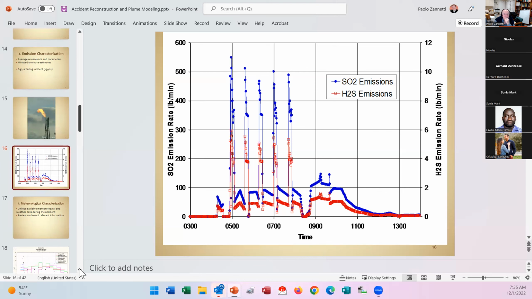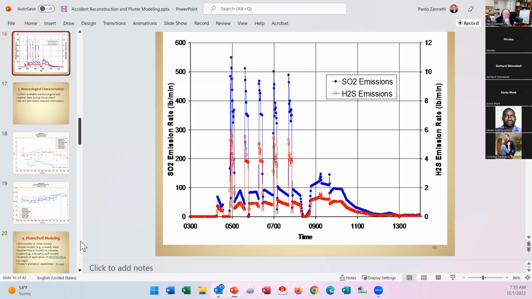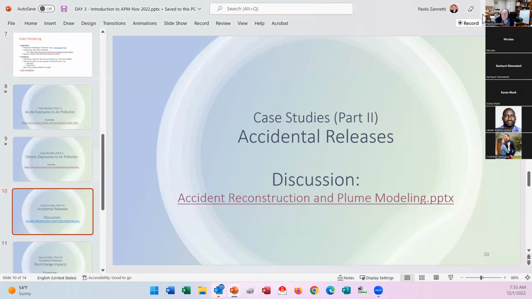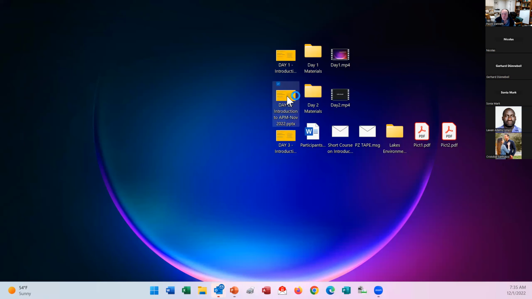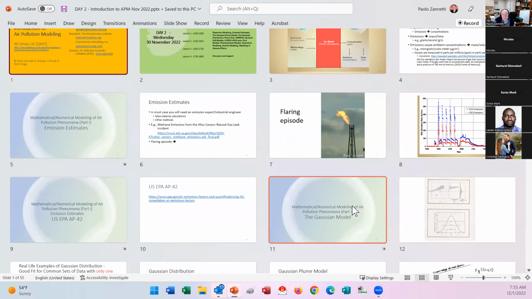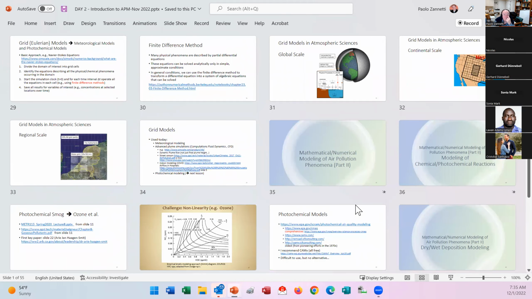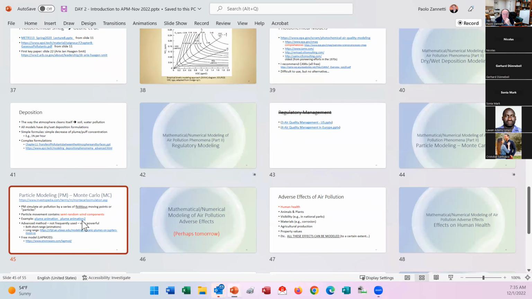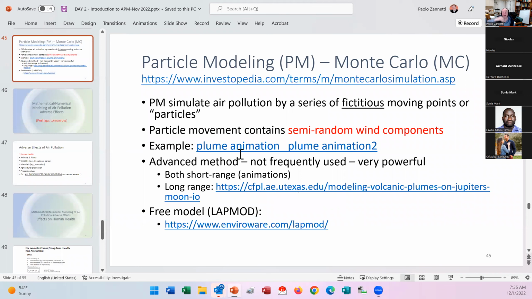I already showed you a video of that. I don't have it at my fingertips. No, I have it at my fingertips. Let's see here. It was shown here. The video of this flaring release with these 5 big high emission rates